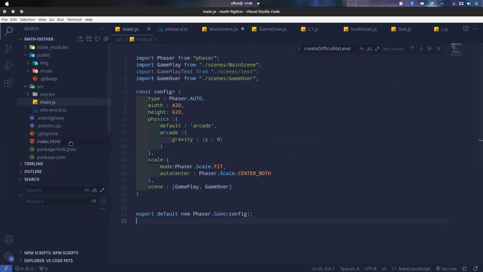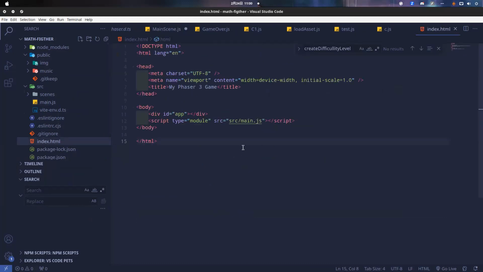Let's go to index.html. So we have a script tag in HTML, and we have the attribute src, and we use main.js. Actually, you have to use this main.js.